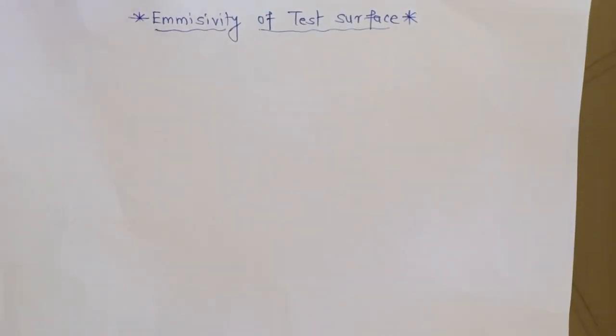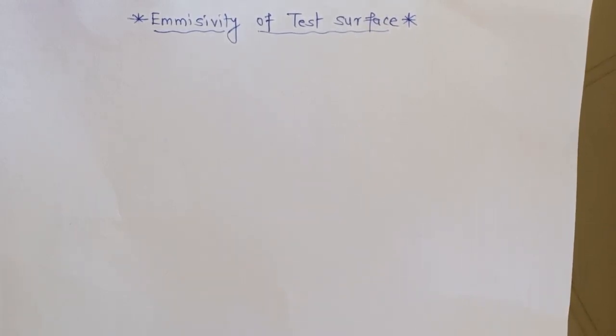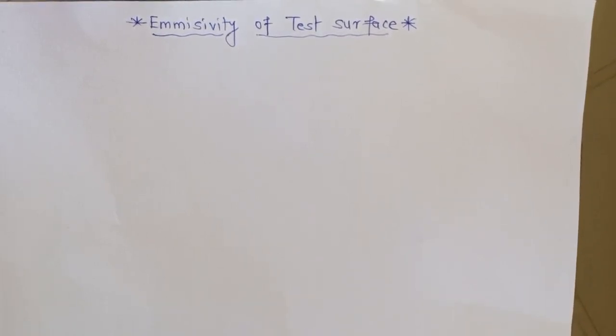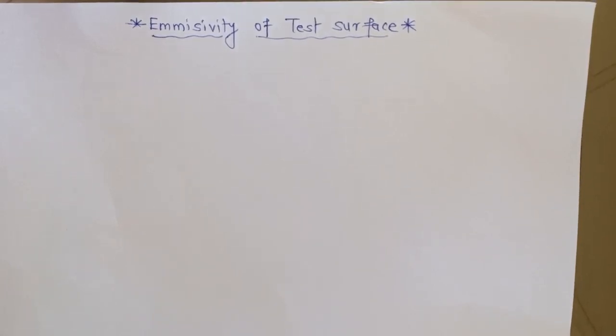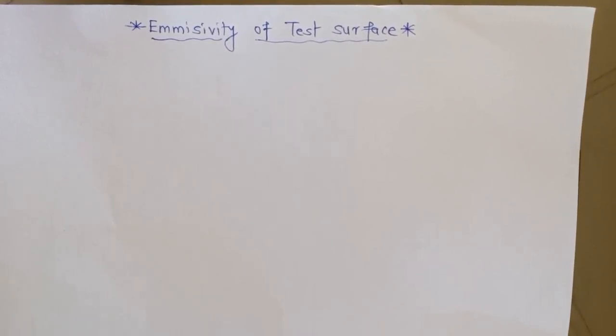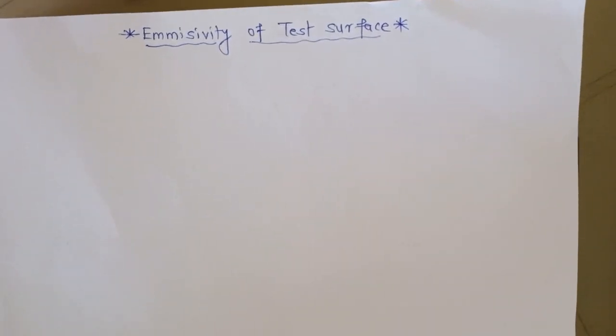Because we have understood the experimental setup, we will perform the numerical calculations so that we can arrive at the answers. I expect by now your experimental setup has come to the steady state, which means there is no significant change in temperature with respect to change in time. For this purpose, we have already understood that we should monitor the temperatures at every 10 or 15 minutes interval, and if there is no significant change in the temperature value in that interval, then we can say that steady state has been achieved.